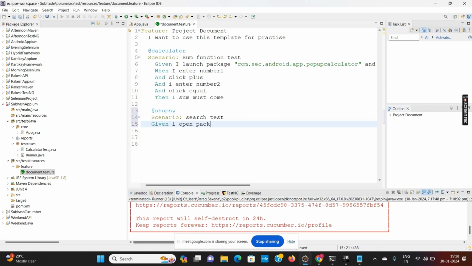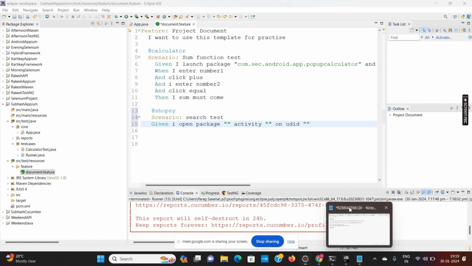I open package, again package name, activity, again activity name, and UDID, UDID name.